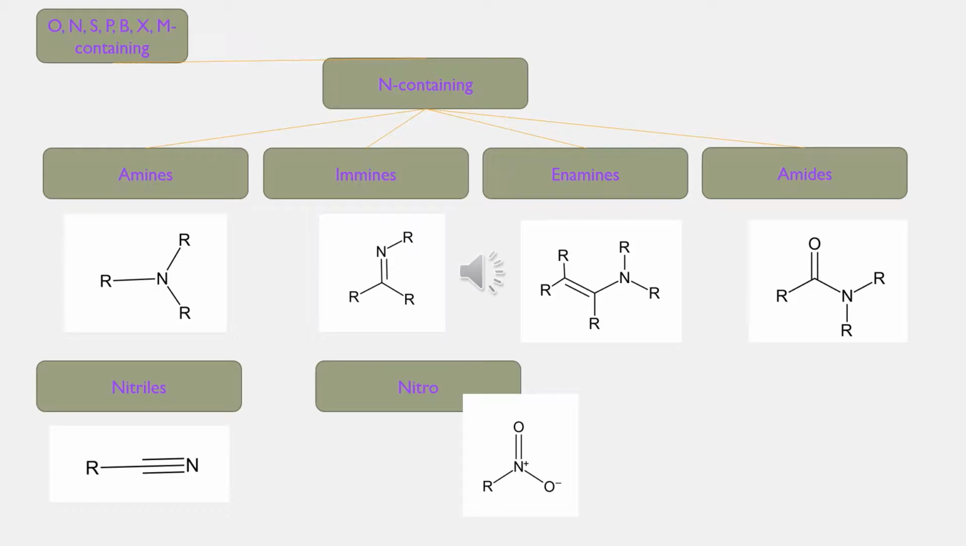These include the amines, which is sp3 nitrogen bonded to 3 R groups, again, hydrogen or carbon alkyl, sp3 carbon. The imines, right, not amines, but the imines, which is carbon nitrogen double bond, as you can see there. The enamines, which is a carbon double bond with an amino group bonded to one of the alkene carbons. The amide group on the right, which is